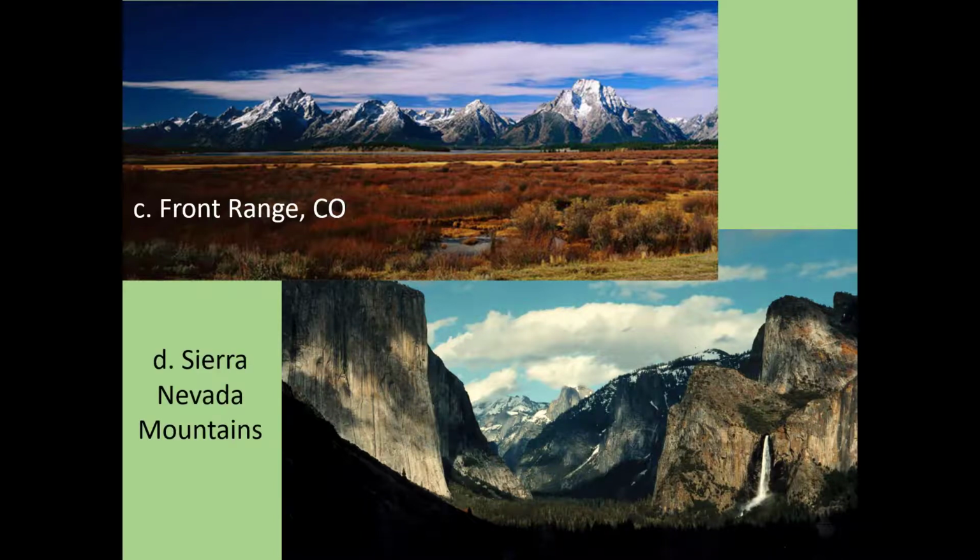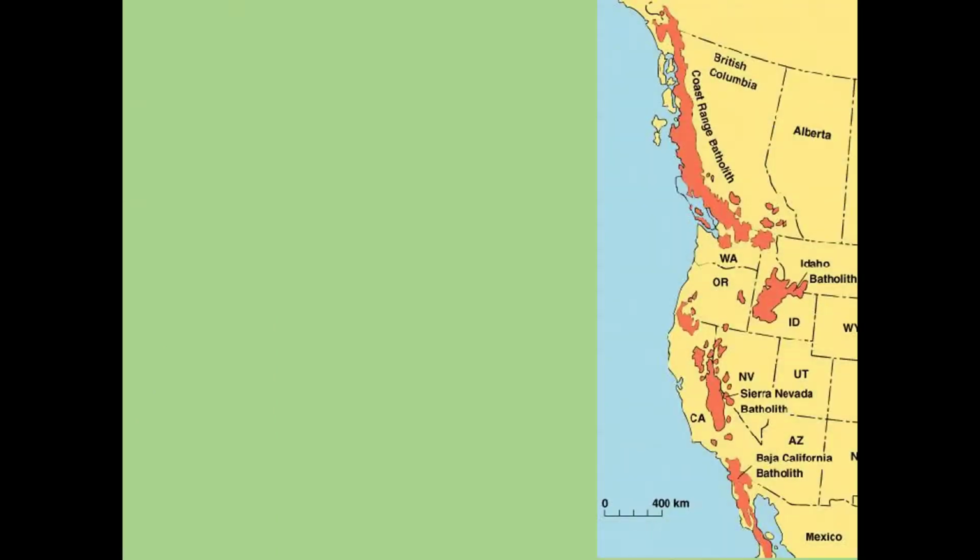These are the Sierra Nevada mountains. The Sierra Nevada mountains are where Yosemite National Park is located, Kings Canyon, Sequoia National Park. They are majestic. You see a giant glacial valley here, and a hanging valley with a giant waterfall. This is Yosemite Valley, and then in the background here you can see Half Dome. It is majestic, and the granite that the Sierra Nevada mountains are formed from is just one of